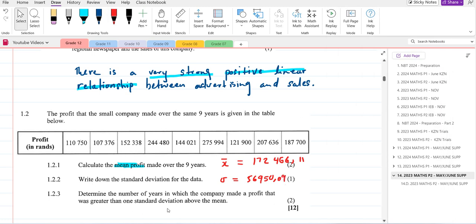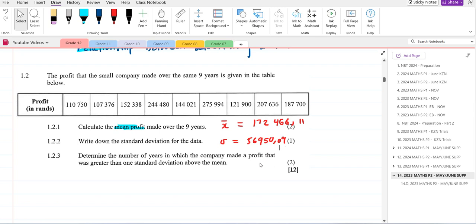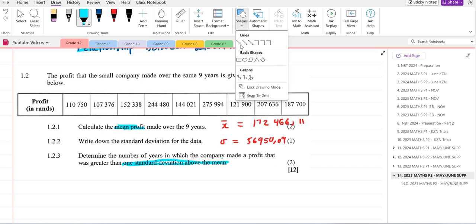Determine the number of years in which the company made a profit that was greater than 1 standard deviation above the mean, over the same 9 years given in the table below. So this is each year for 9 years, alright? So how many data values are above 1 standard deviation of the mean, alright? So I'm just going to